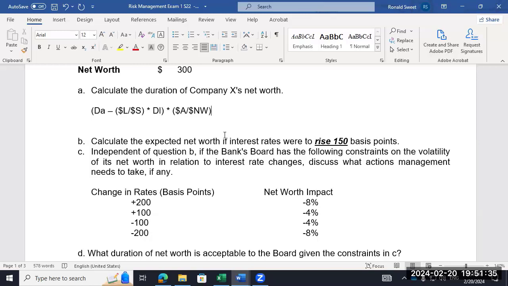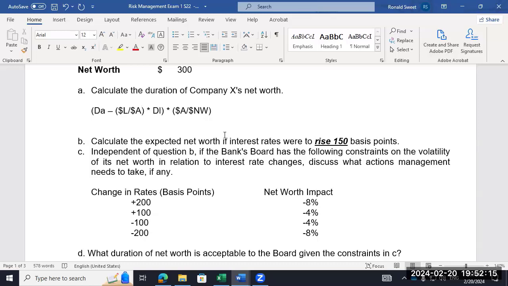So the way I think of it, it's duration assets minus duration liabilities. But we got a problem. We have more assets than liabilities, so we got to weight the liabilities. Oh, sorry. You're probably wondering what's an S. I'm trying to type. So essentially, duration of assets minus duration liabilities. But we're going to weight the liabilities down because their weight isn't as powerful because we have fewer assets than we have liabilities. But then we have to leverage it up, which is just assets over net worth. The word leverage a lot of times does mean assets divided by net worth. If you did the ROE decomposition, that was a definition of financial leverage, assets over net worth.